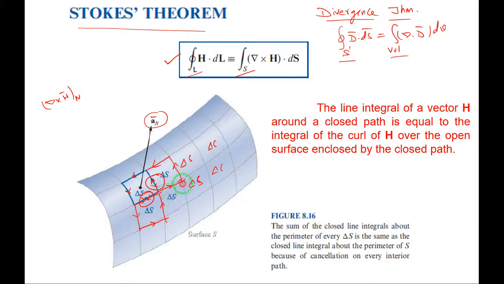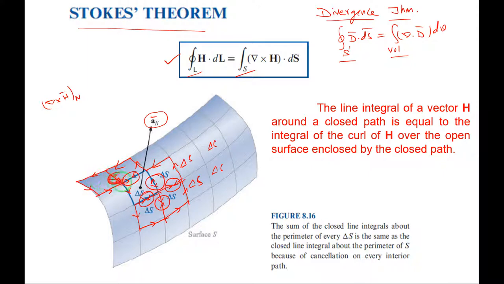If I consider this adjacent cell, the curl is in this direction, so these two will get cancelled, right? Let me consider the adjacent cell near the boundary, and the curl is in this direction, you can observe here. It is in the anti-clockwise direction, right? These two will get cancelled. Similarly, I will consider another adjacent surface here and we know that the curl is in this direction, right?